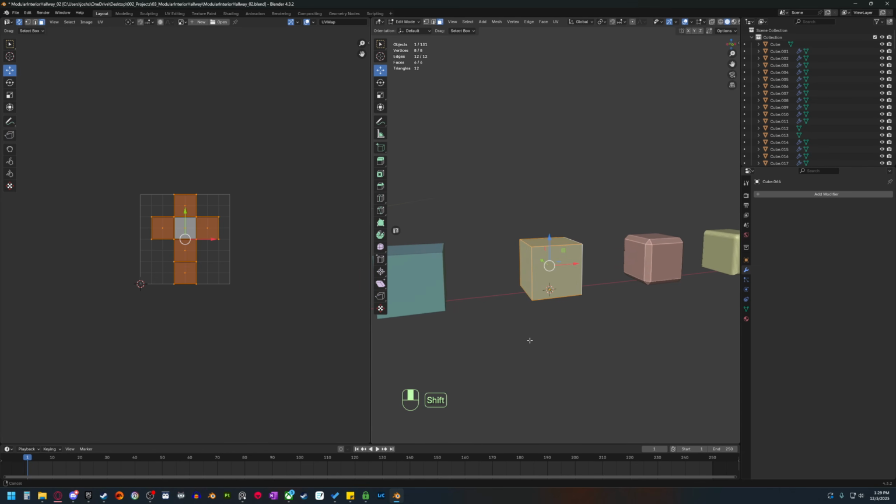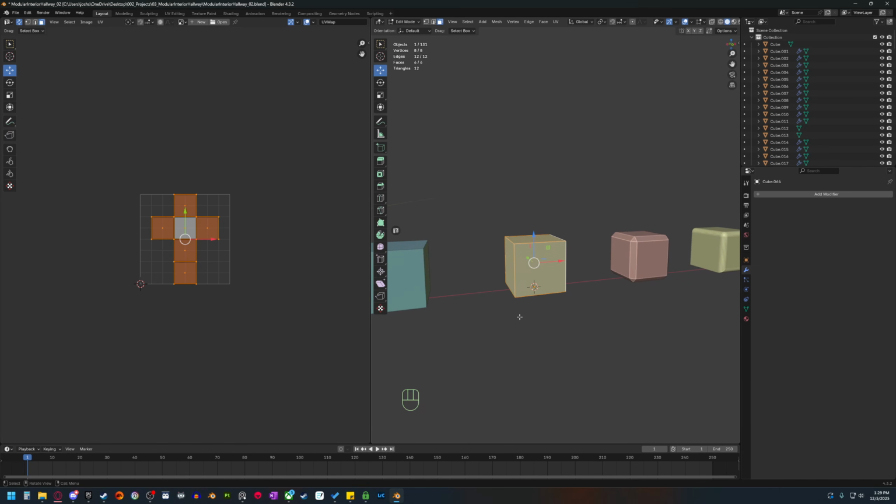So let's continue on with our box now. Whenever we want to actually unwrap something, I need to tell Blender to unwrap it. So I need to select my model, and I need to select all of the faces. In edit mode, under the face mode, I'm going to press A to select all, and then I'm going to press the U key, and we will get this little menu that comes up where we have